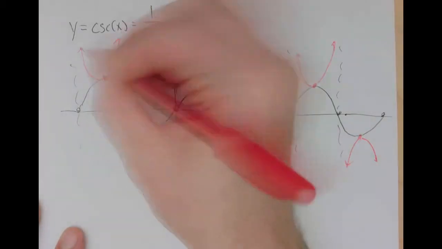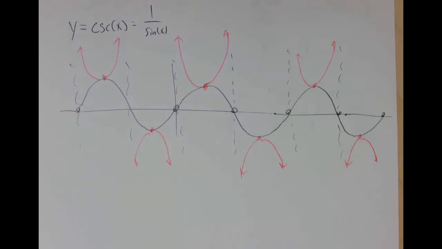So the goal here is for you to be able to rapidly reconstruct the shapes of these basic parent graphs, but also to have some inkling of the reason why. I hope this